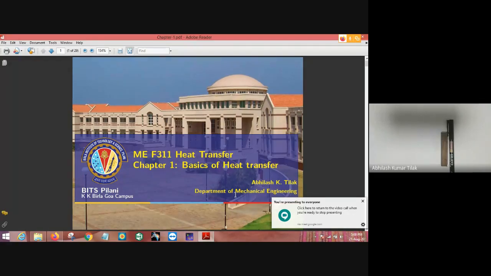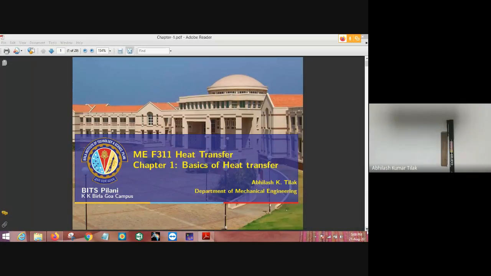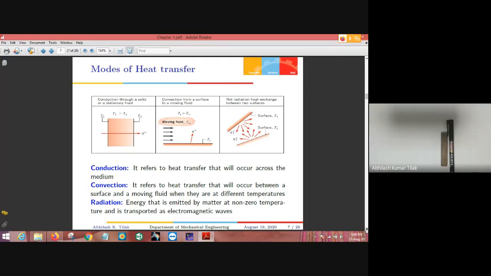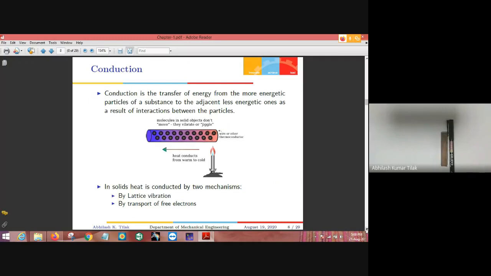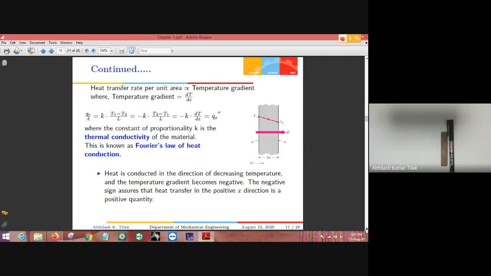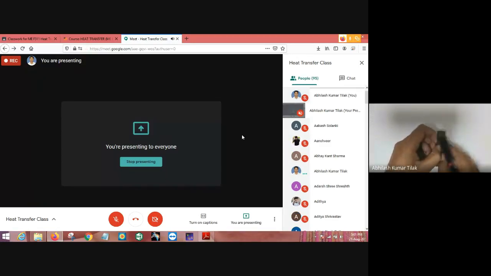So in the last class we started with chapter number 1, that is the basics of heat transfer. We discussed the introduction, and then we were discussing the modes of heat transfer. The first one was conduction, in which we have seen the basic law of heat conduction, that is Fourier's law of heat conduction. That was given as Q equal to